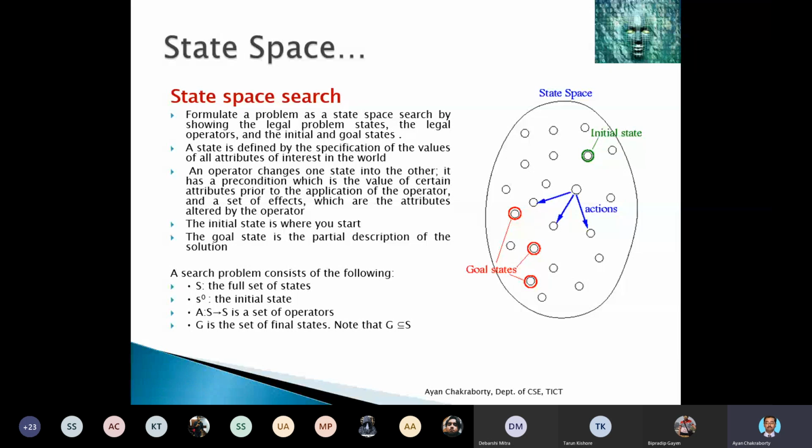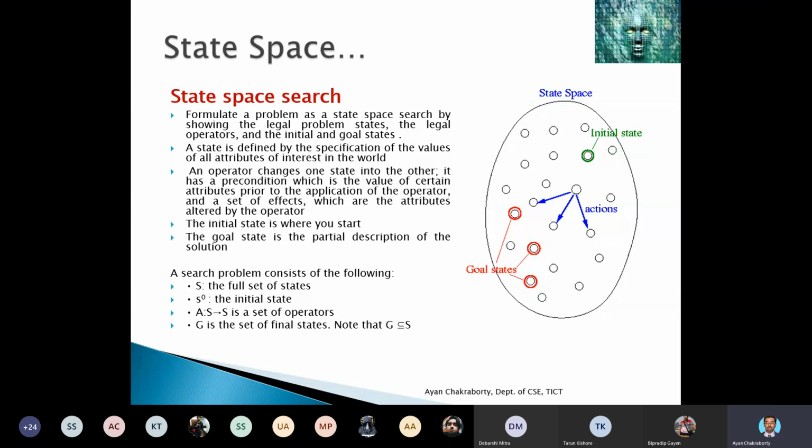A set of operators means that by which you are going to change your state from one state to another state. Otherwise, we can't reach the goal. After each and every level, we have to change our state from the initial state toward the target state.